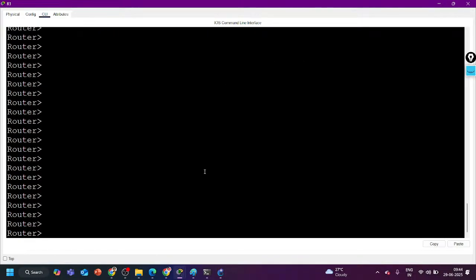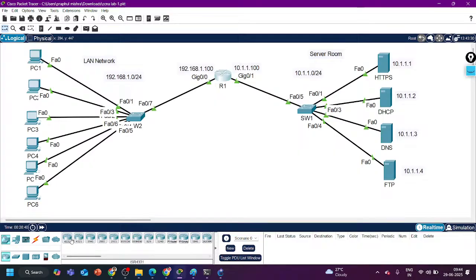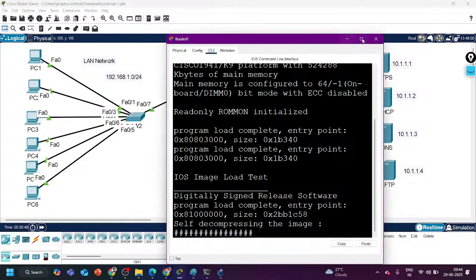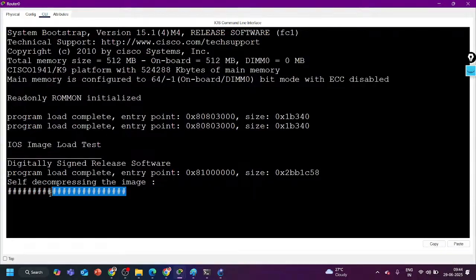Okay, so this is my first mode, and if I'm going to drag any new router here, let's say this one, 1941, if I'm going to access this router for the first time, see, this device is booting right now, right? We'll see the booting process as well, how to upgrade the iOS,